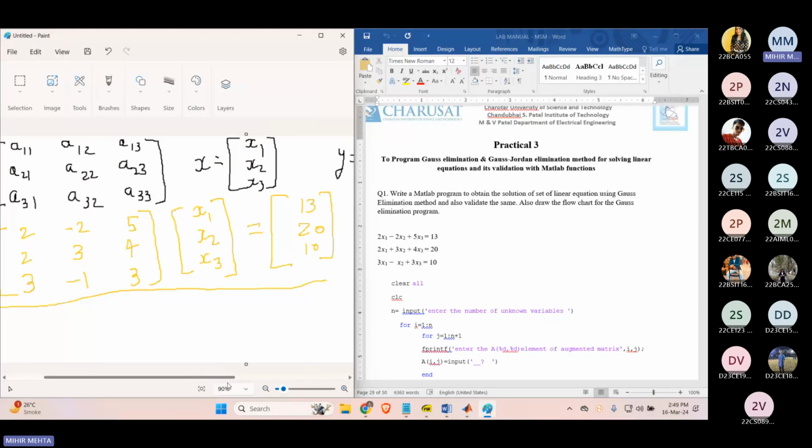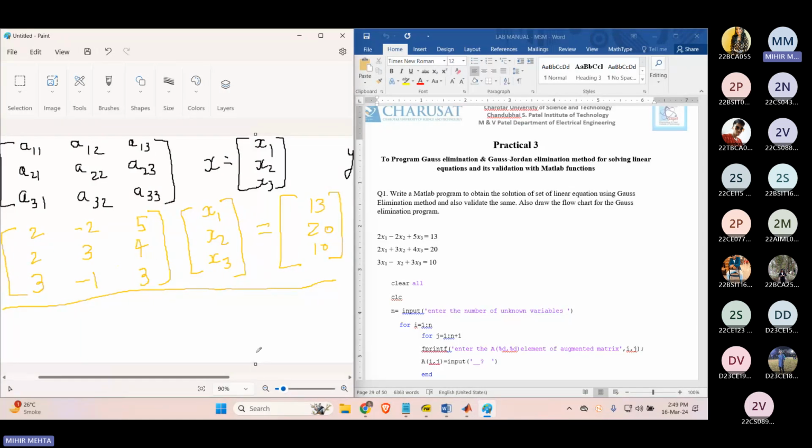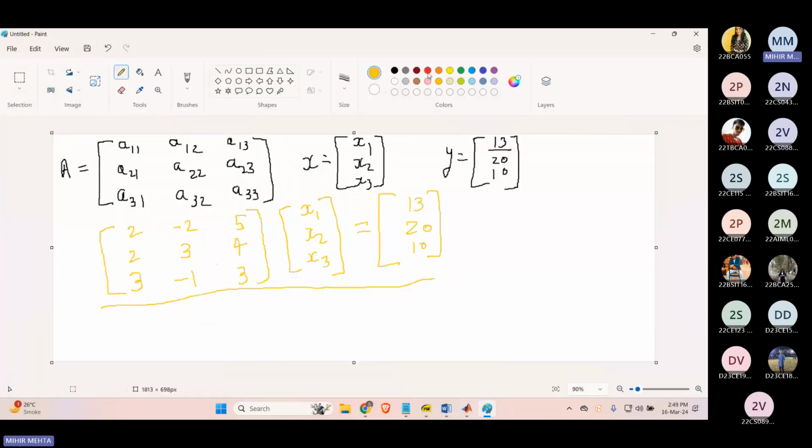हाँ कि ना, ये दोनों सेम चीज हुई कि नहीं? Yes, sir. Okay, fine. Now, what we do in Gauss elimination and Gauss Jordan is this, that when we talk